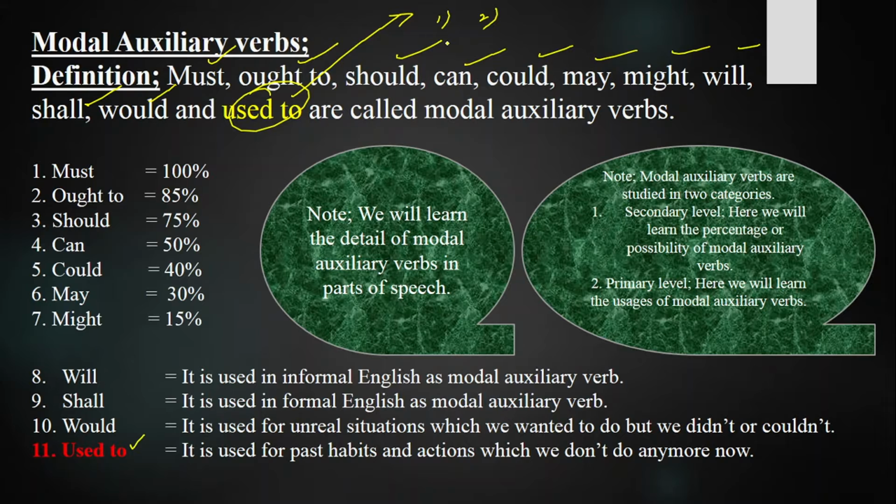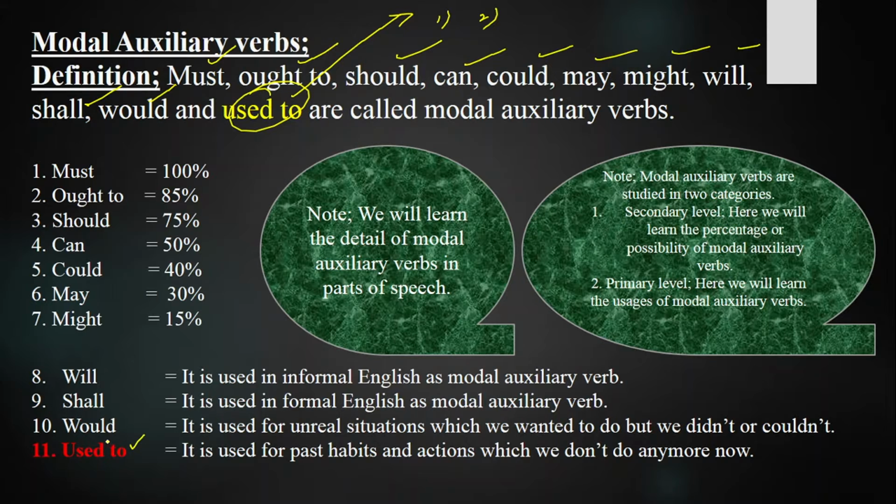but I have kept both sides for all the learners. If it is a modal auxiliary verb, I can prove why not to use it in this way in passive voice and in its simple, negative, interrogative, formal and informal forms. And if it is a structure, then definitely we should not include it in modal auxiliary verbs. So let's begin modal auxiliary verb 11 that is known as used to.